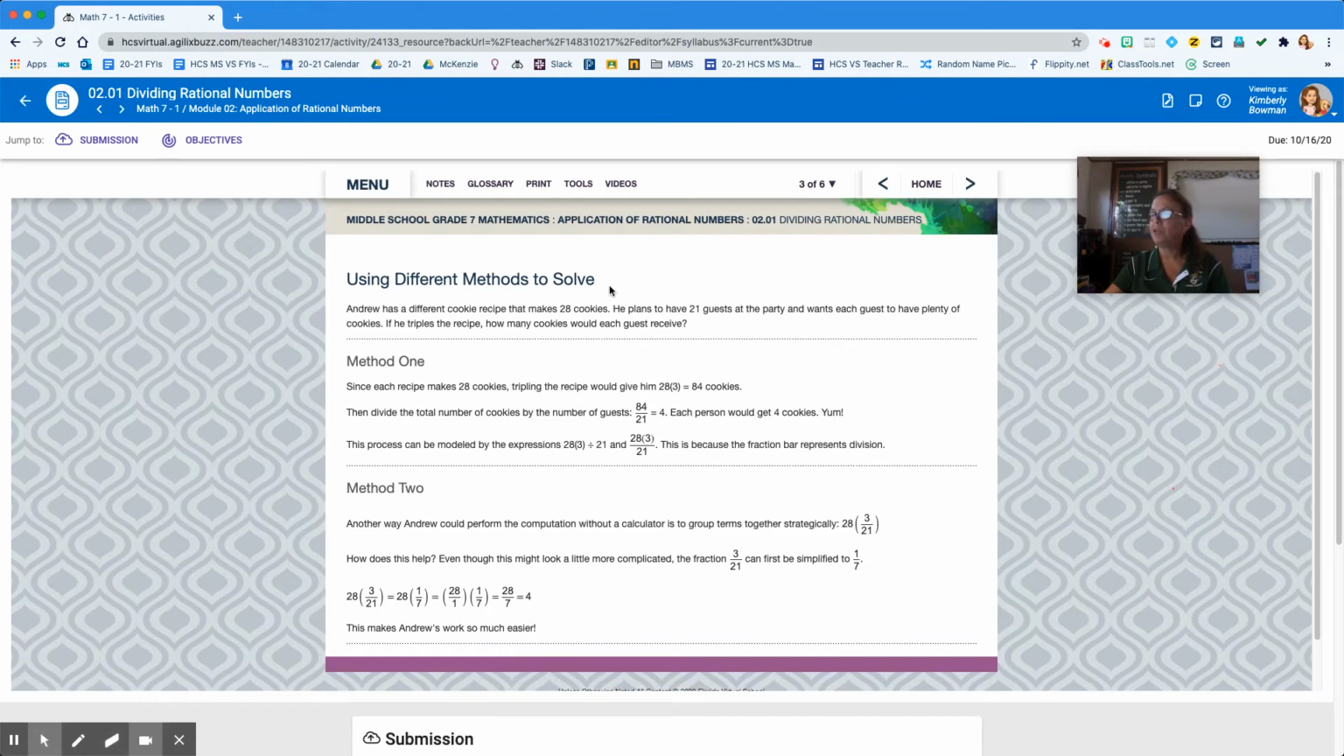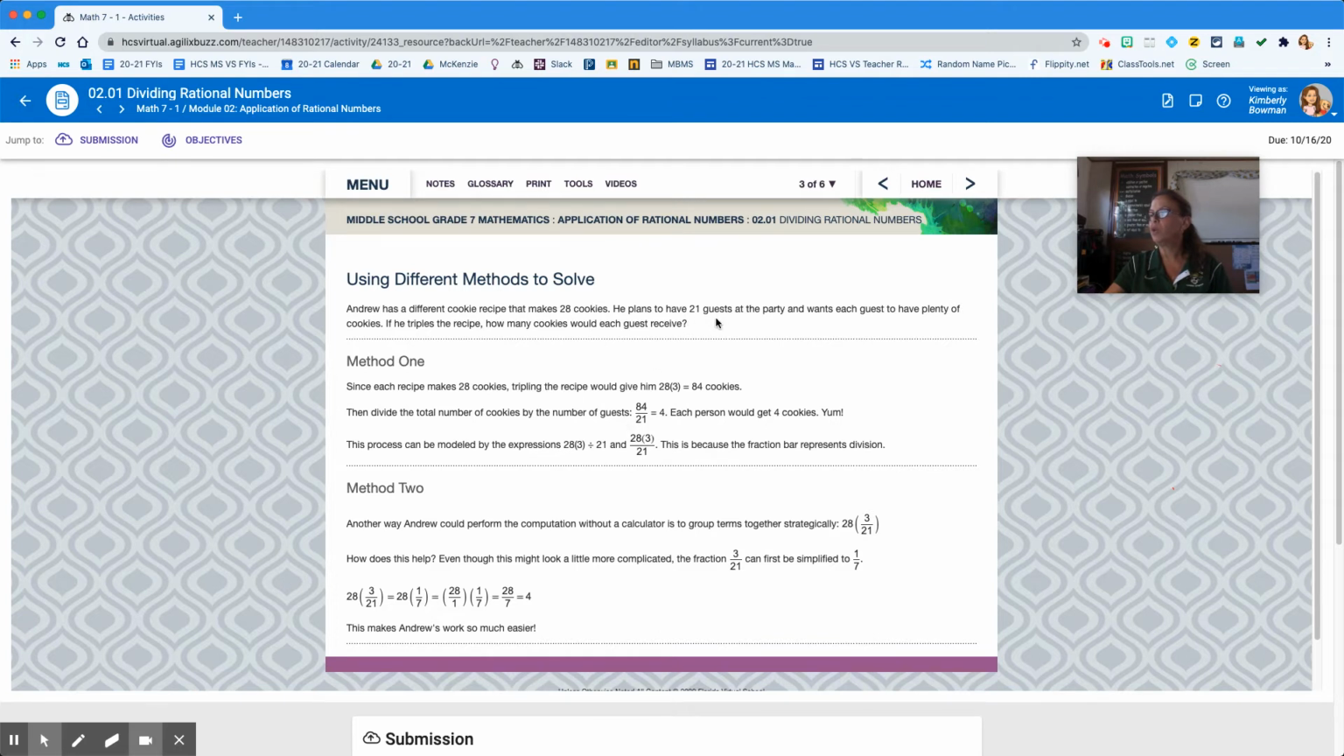Using different methods to solve. Andrew has a different cookie recipe that makes 28 cookies. He plans to have 21 guests at the party, and he wants each guest to have plenty of cookies. If he triples the recipe, how many cookies would each guest receive? Well, method 1, since each recipe makes 28 cookies, tripling the recipe would give him 28 times 3, which is 84 cookies. Then he could divide the total number of cookies by the number of guests,